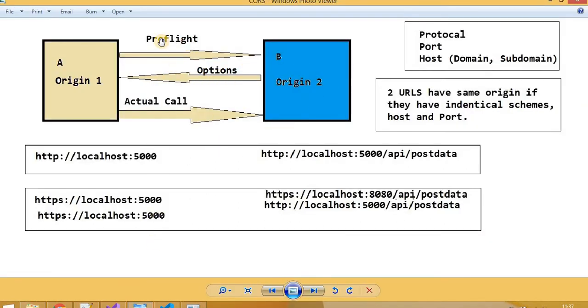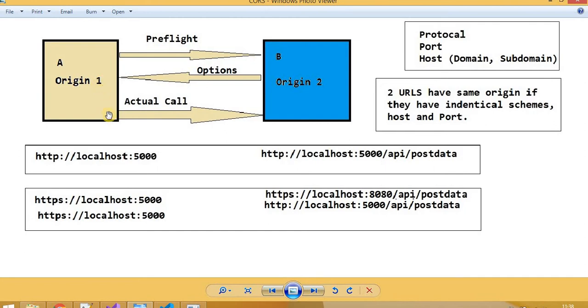Now on this picture, you can see that we are on a different port number, like in our case. So what's going on? First of all, a preflight request goes from the source, that is our Vue.js application, to the API, which is our .NET Core Web API. In the preflight request, some metadata is going there, it's checking for some data, then in the OPTIONS call it's returning the details of that. Now the browser verifies if they have the same port, same host, same protocol.